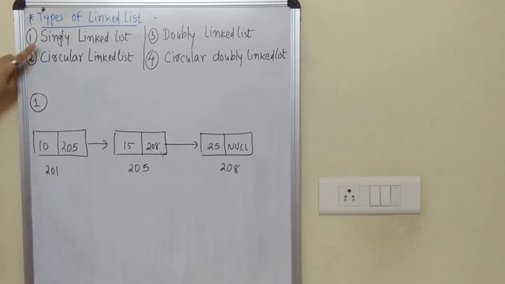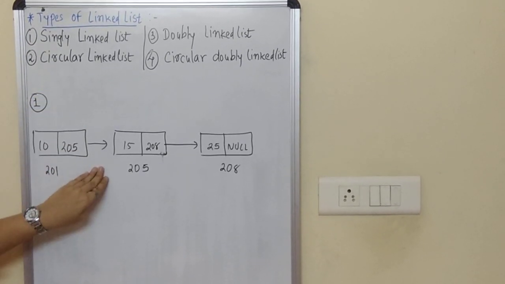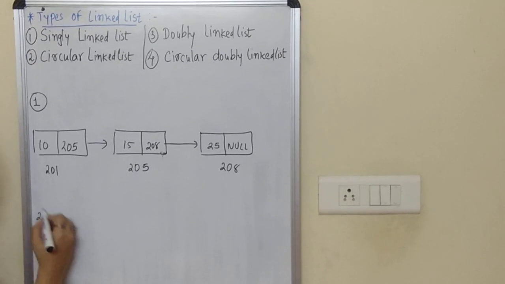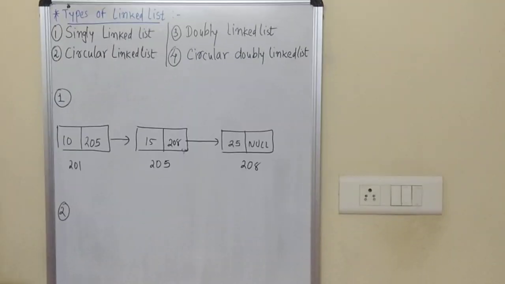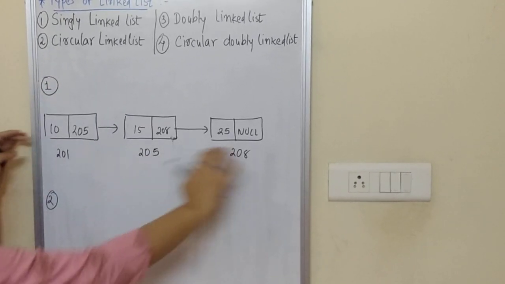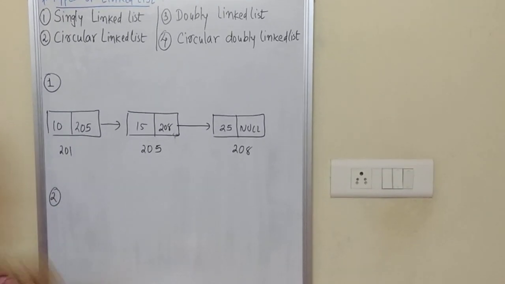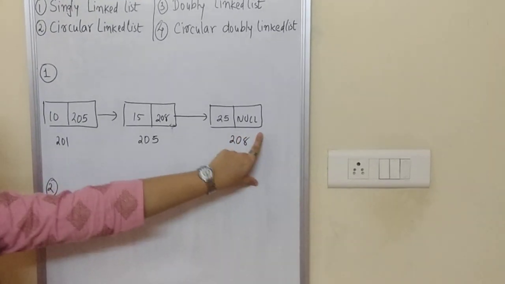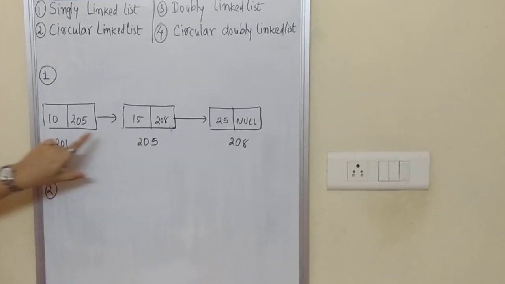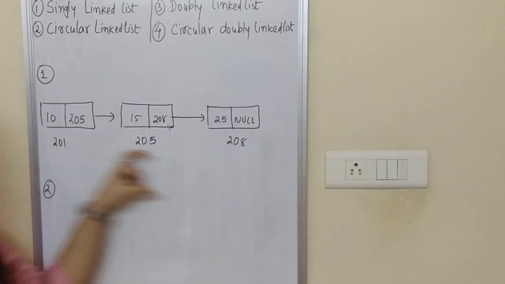So it is a singly linked list, that looks like a normal linked list. Clear? So that is my first type of linked list. Now moving to the second one, I am taking this example. So the second is circular linked list. As the name suggests, it is a circular fashion. It means there is no end of the node or starting of the node. My linked list is having a circle fashion.